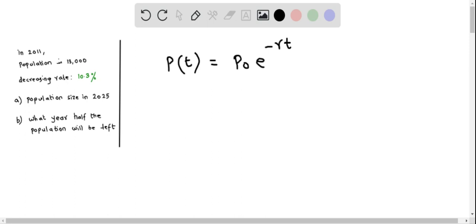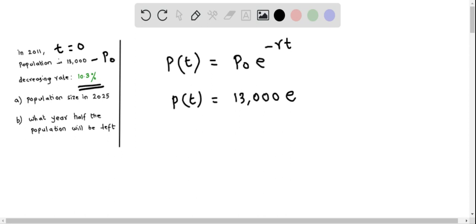So let's use the given information, that is in year 2011, and this means we can consider this year 2011 as t equal to 0. The population is 13,000. So therefore the initial population is 13,000, and this means P naught equals 13,000. So I'm going to plug in P naught equals 13,000 into this model. So therefore this becomes P of t equals 13,000 e raised to the power of negative rt, and this decreasing